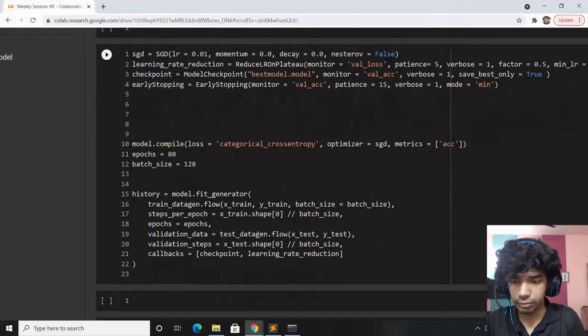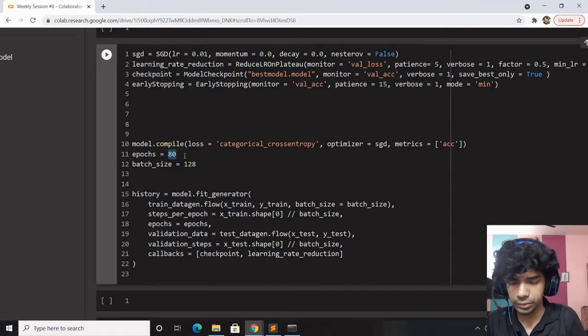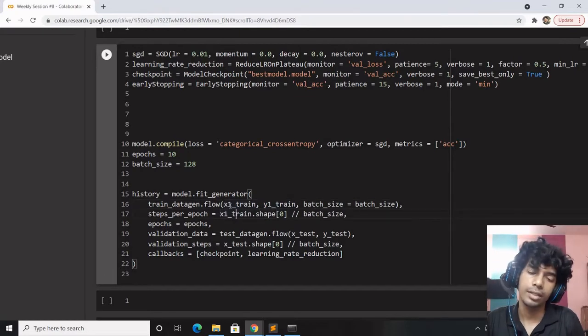We are ready to fit the model. Perfect. Let's reduce the epochs, or we can keep it 8 epochs, 40 epochs, whatever you want. Let's keep it 10 epochs for a quick visualization. So it would be x1 train, y1 train, batch size, steps per epoch the training data size divided by the batch size, integral division.